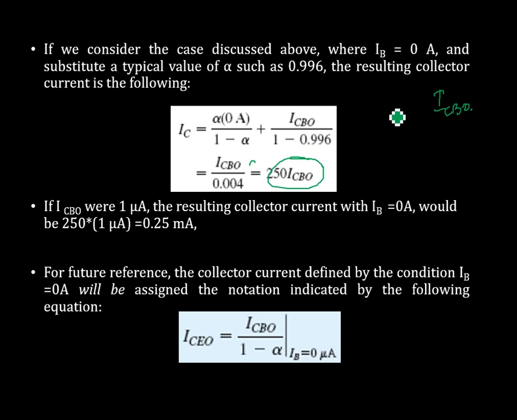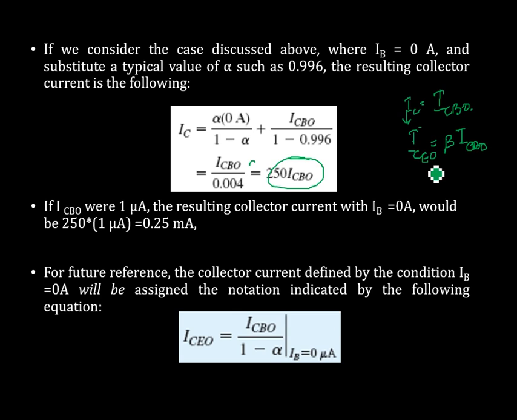When the input IE was equal to 0, we had the collector current equal to ICBO. But here the input is IB, and when IB is 0, the collector current is some factor times that, a factor we will call later on as beta, and that is equal to beta times ICBO, and this is ICEO now. IC current is ICEO, that is the current flowing from collector to emitter with base open.